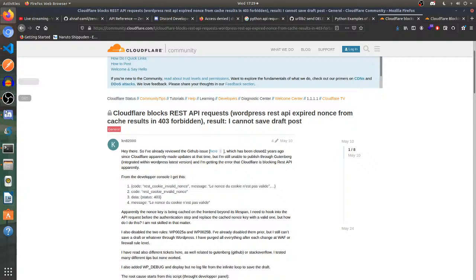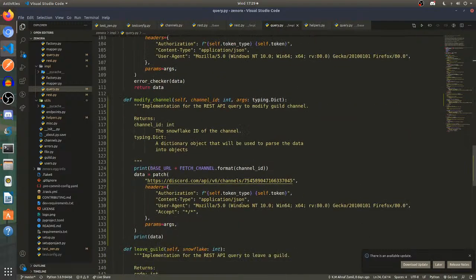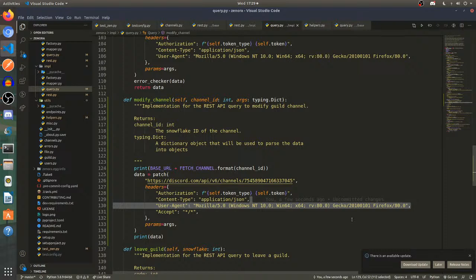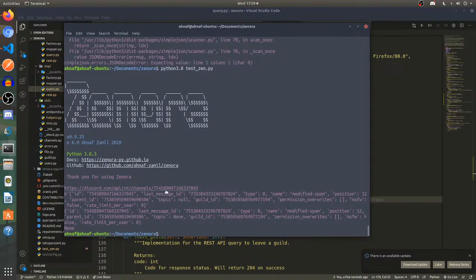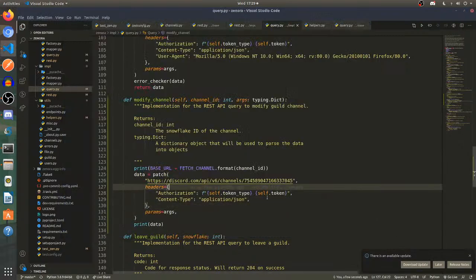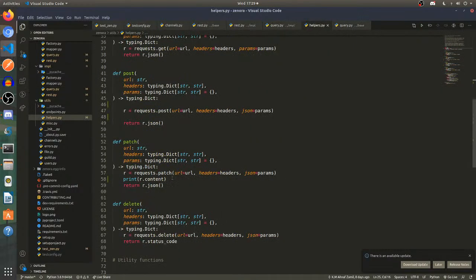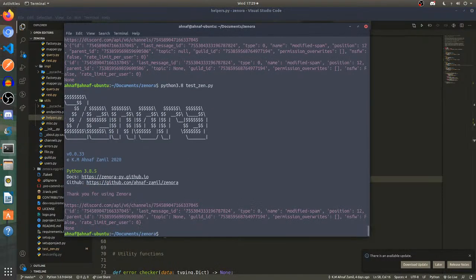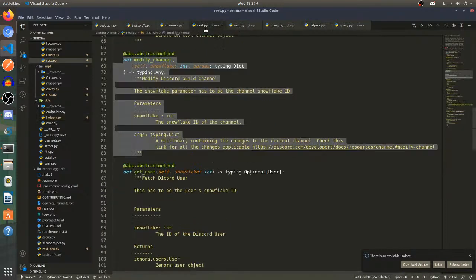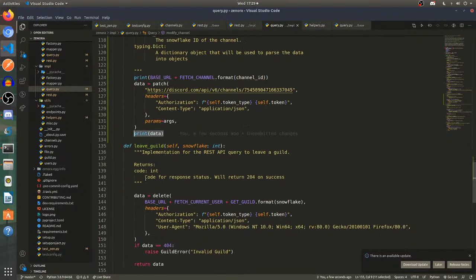Okay, I can do something like this. I'm actually do modify channel. I can remove the user agent. Okay, yes. The thing that I needed to do was just remove the user agent, and then it was actually working perfectly. There weren't actually any issues. Return r.json, and this is the response. I want to convert the response to an object, so what I can do is modify channel, and it should return